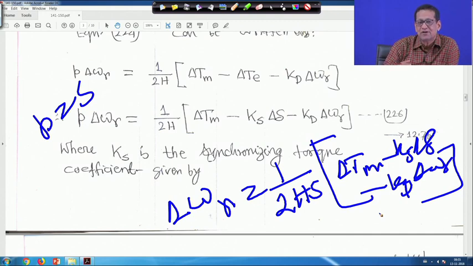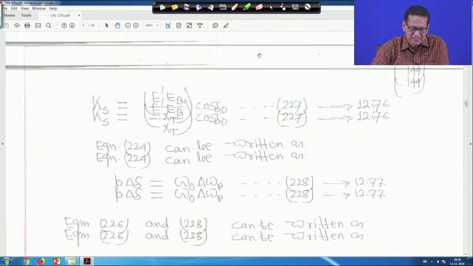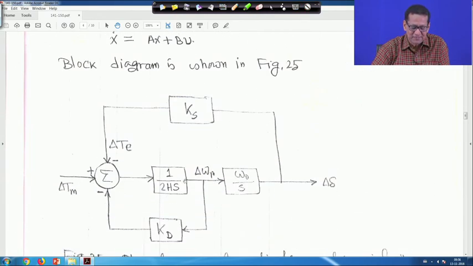Later you will see, when the block diagram slowly grows and the order of the equation increases, at that time we will bring this to this side, and we will find it will be 2 H s plus K d omega r, represented step by step. So this is 1 upon 2 H s and this one. That is why this equation, this block diagram, is like this.